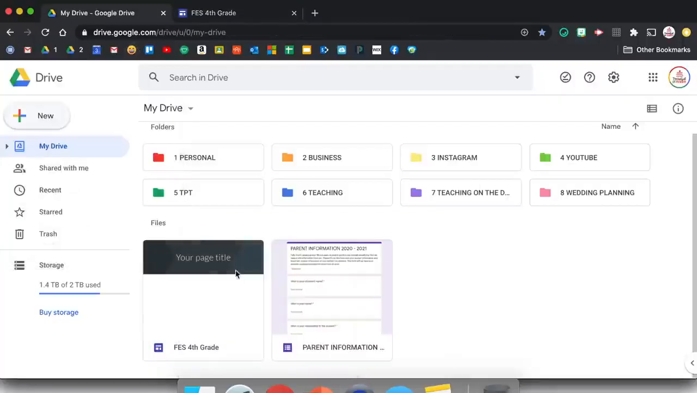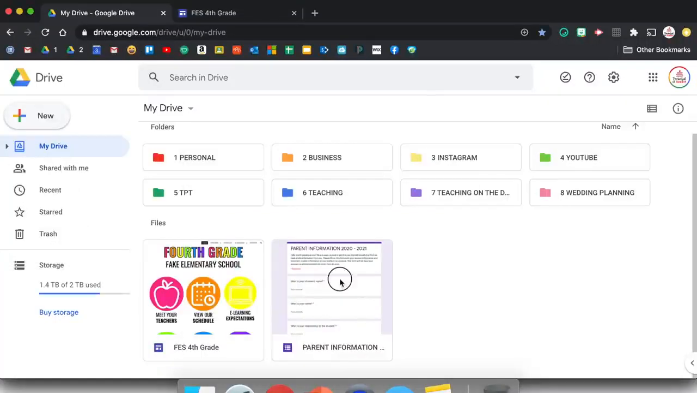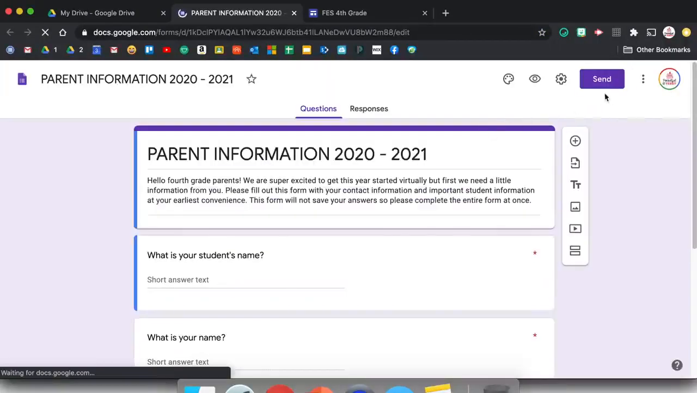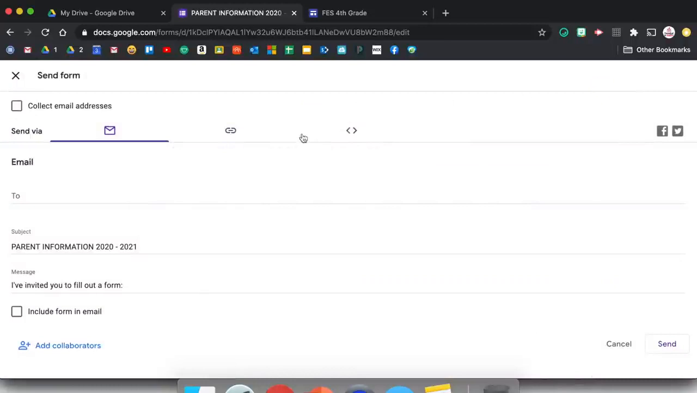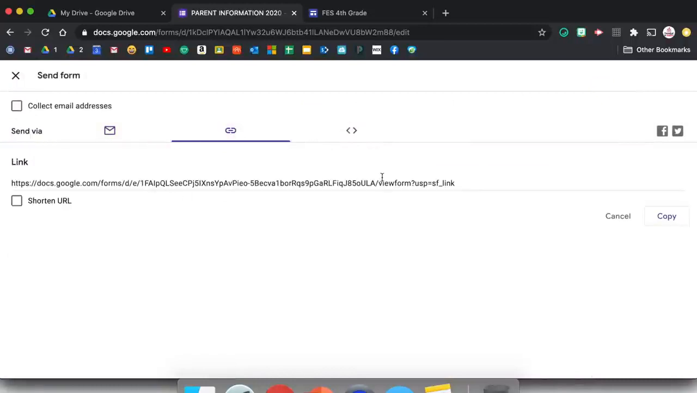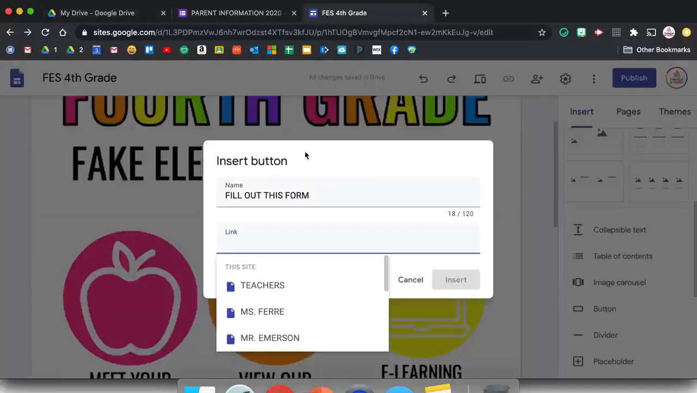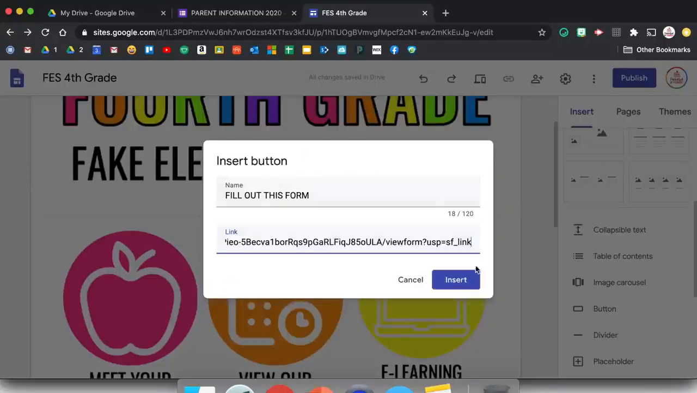Let me go back to my drive. I have this Google form right here. I'm gonna open it up and I just made this quickly last night. It's not like my actual parent information form. I'm gonna go to send and I'm going to get that link. I'm gonna go ahead and copy that link. And I'm gonna come back to my Google site and I'm going to paste that link right there and click